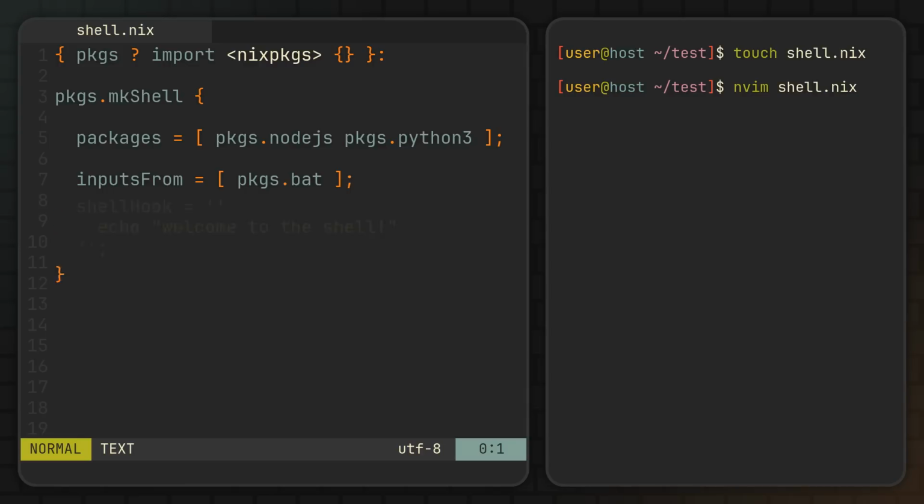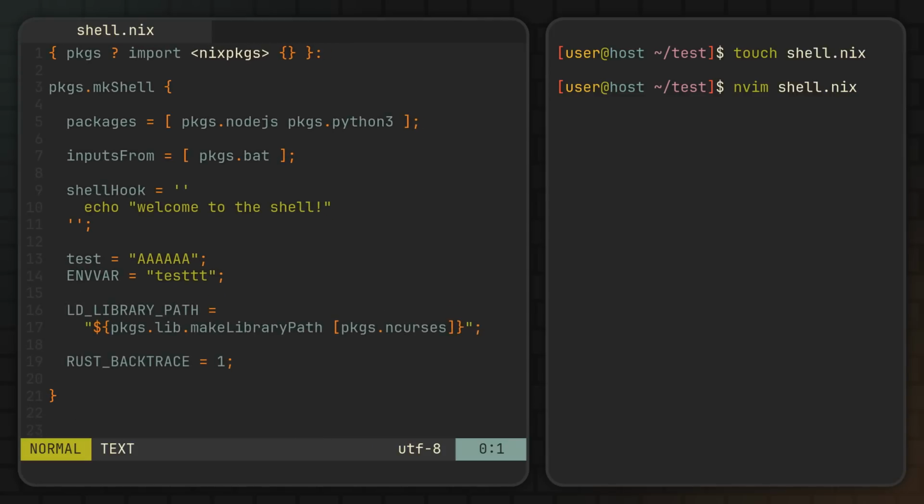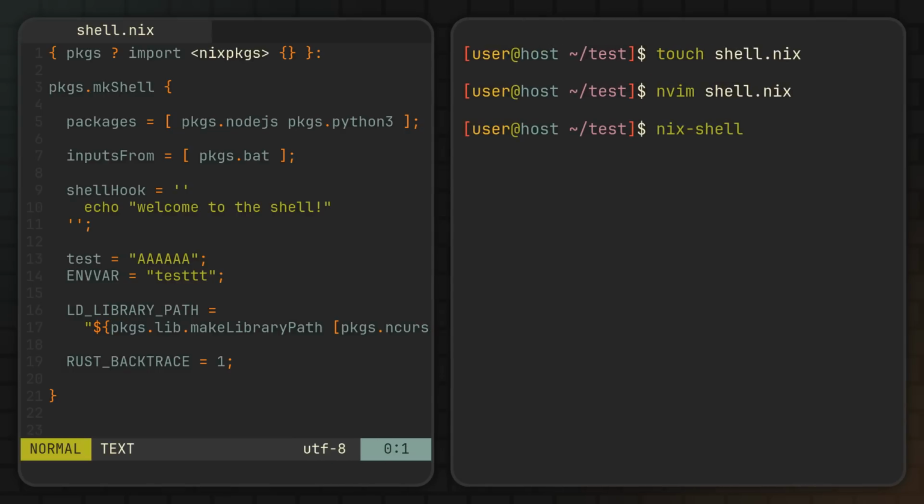The shell hook option allows us to run any bash code upon entering the shell automatically. And of course, we can also define environment variables here, because everything not recognized as a shell option will be set as an environment variable, which can be particularly useful for installing shared libraries or setting variables often needed by specific programming languages. And now, to finally enter our shell, we can simply use the nix shell command in the